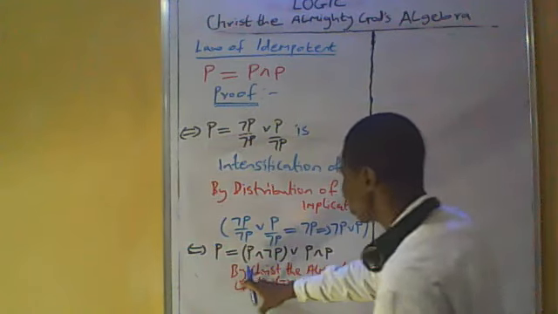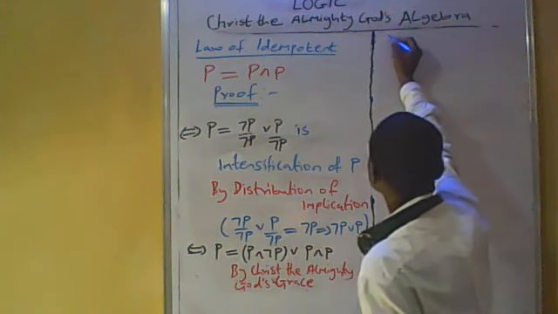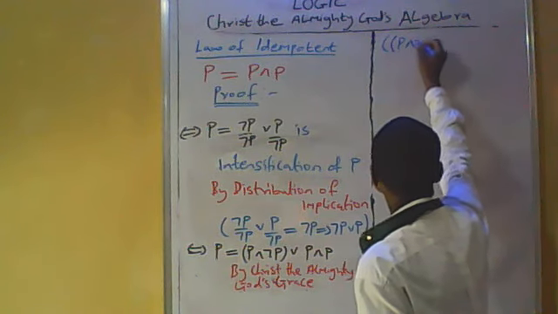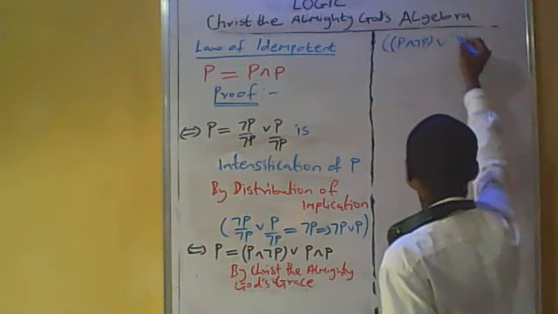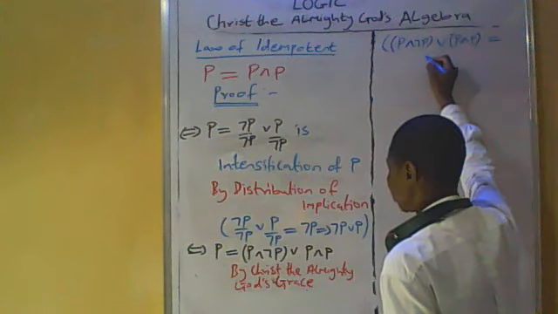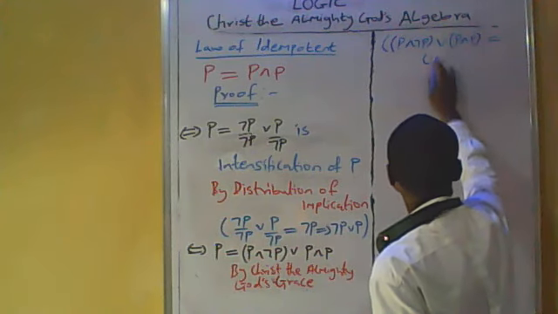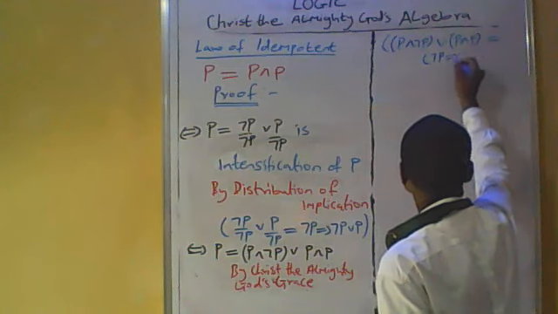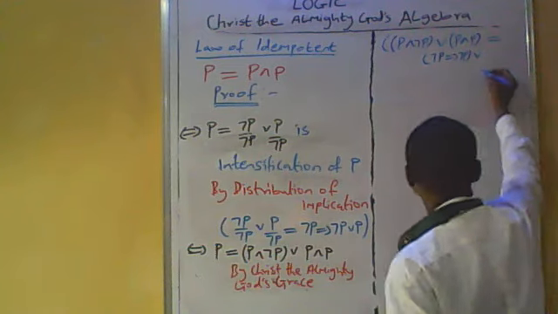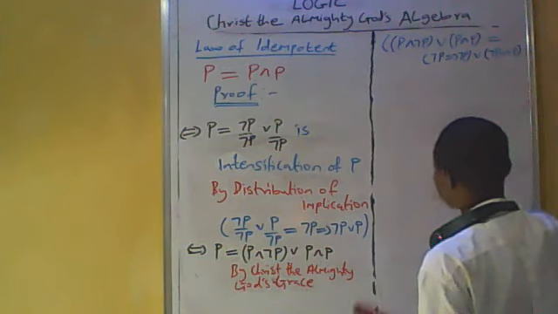That is to say, since it is by grace, that (P and not P) or (P and P) is equal to [(P)(not P implies not P)] or (not P implies P) is